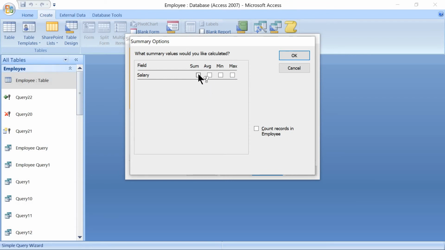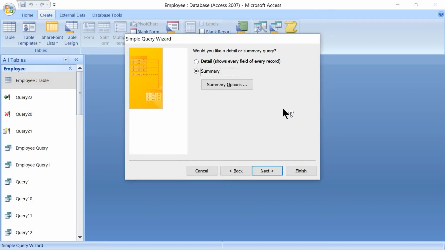Let's check for the total summation of the salary which is paid to the employees. In the same way, we will see the maximum salary also and even minimum also. Minimum salary paid and maximum salary in the company. Then click OK. Later next.